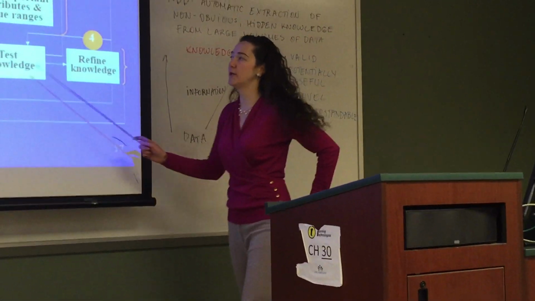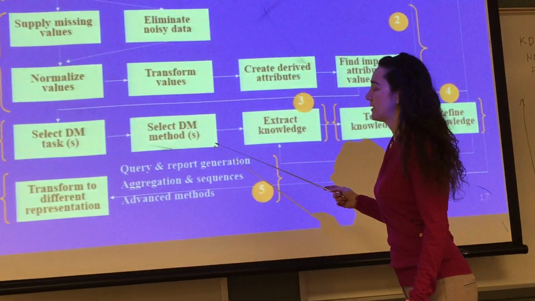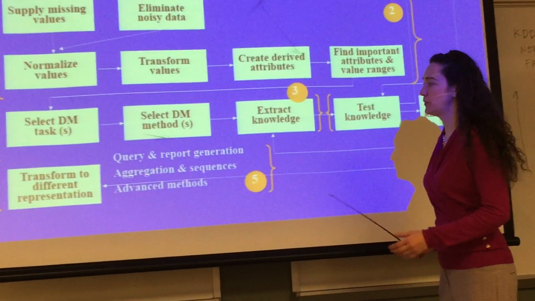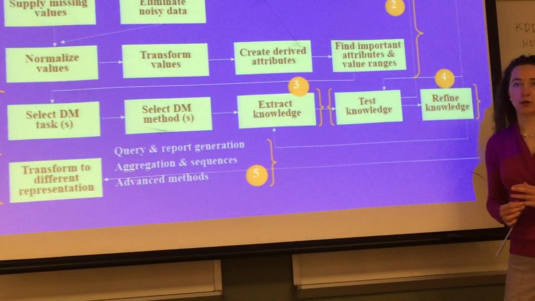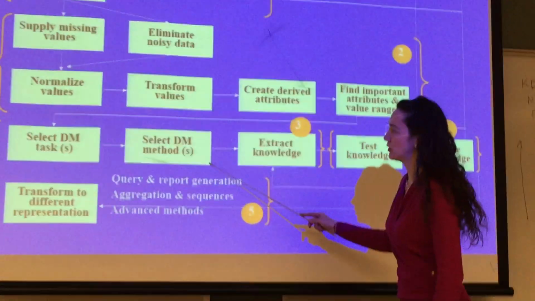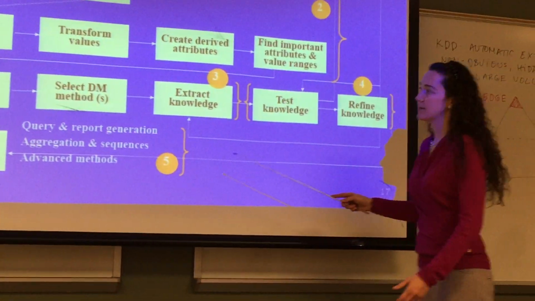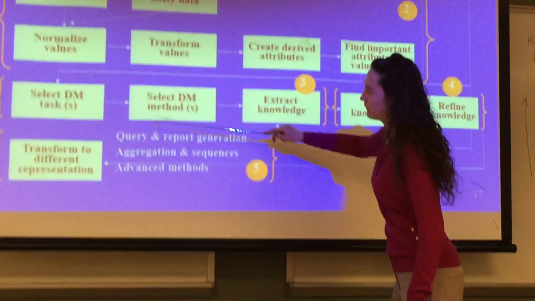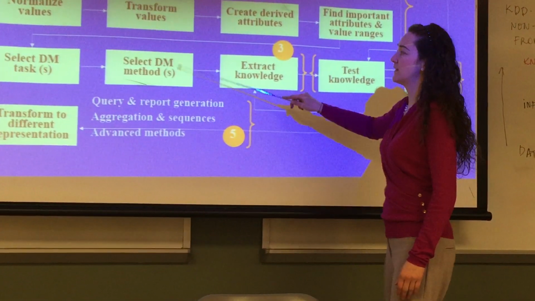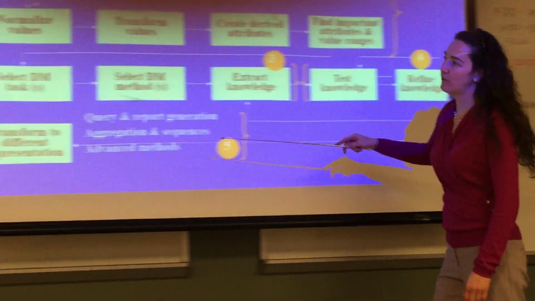When we say we're going to do data mining in step 3, there are different methods that we can use. Some of the ones we already mentioned. One could be extracting of association groups. Another method could be building a decision tree. Another method could be creating clusters. So we're going to, first of all, decide what we're going to be doing, which method we will use, and next apply that method to extract the knowledge. In step 4,